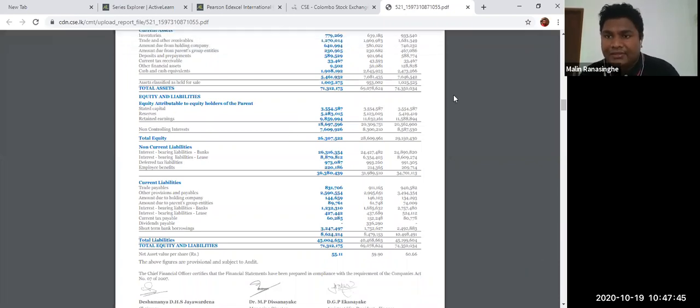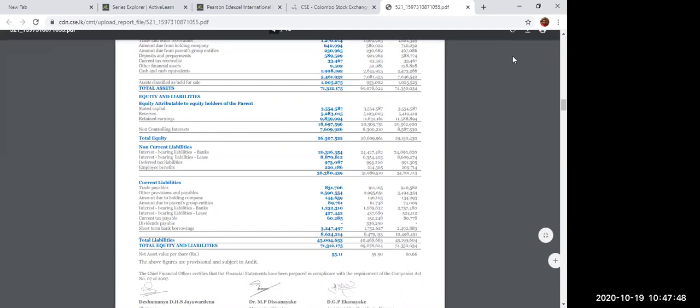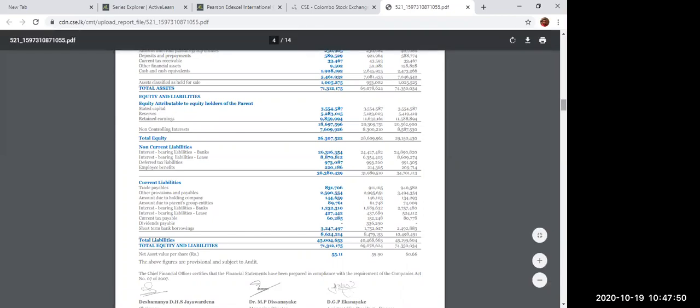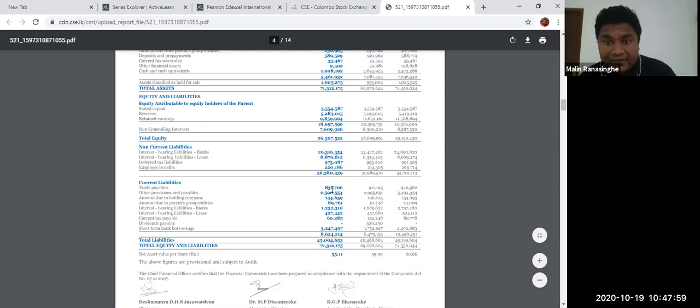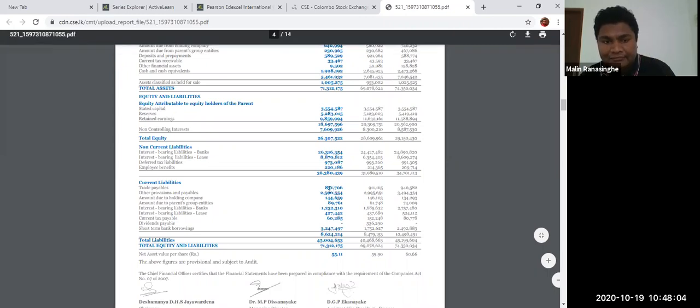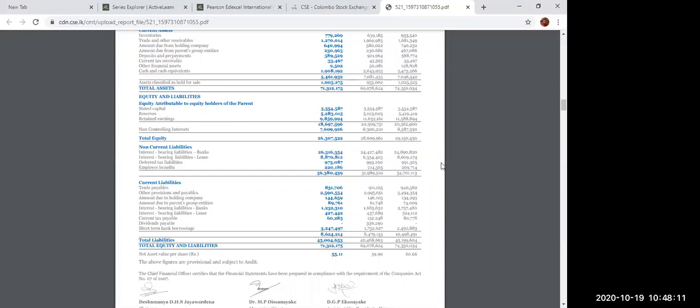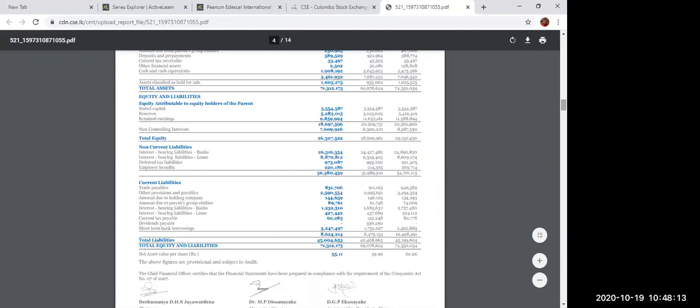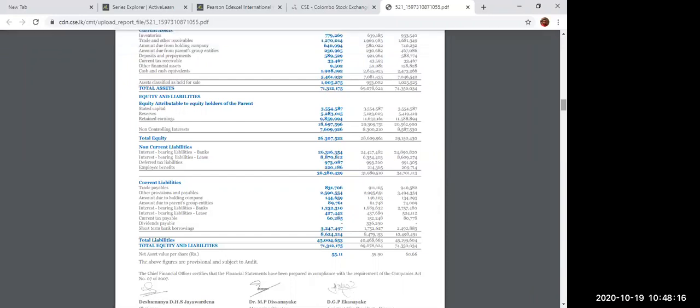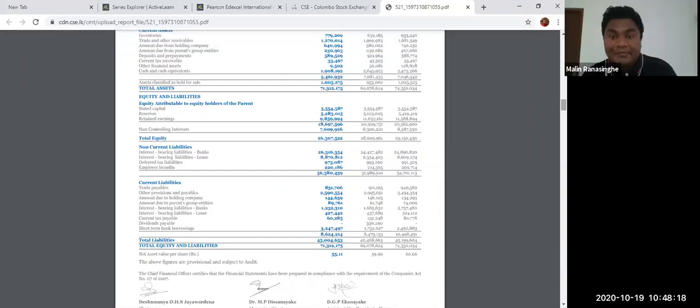Yes, Diluk, you have a question. The company is in a lot of debt, right? Because the trade payables are 831 million and the other provisions and payables are 2 billion. Yes, that's the thing. They have to pay their trade payables of 831 million, and other provisions and payables of 2.5 billion. These are direct liabilities. They have to settle these during this year, during this quarter. So they're in debt. They're nearly in bankruptcy, yeah, exactly.